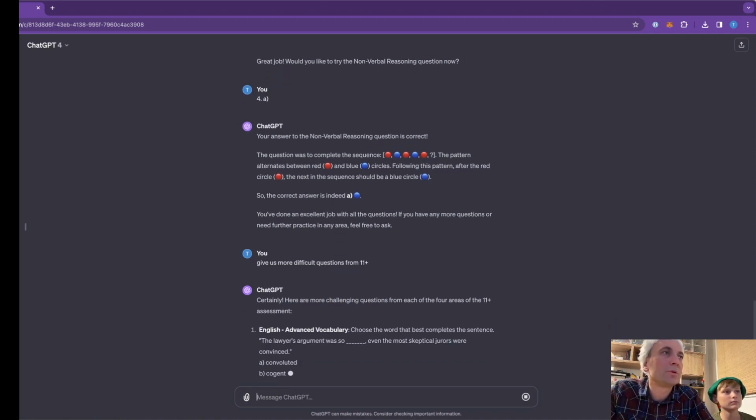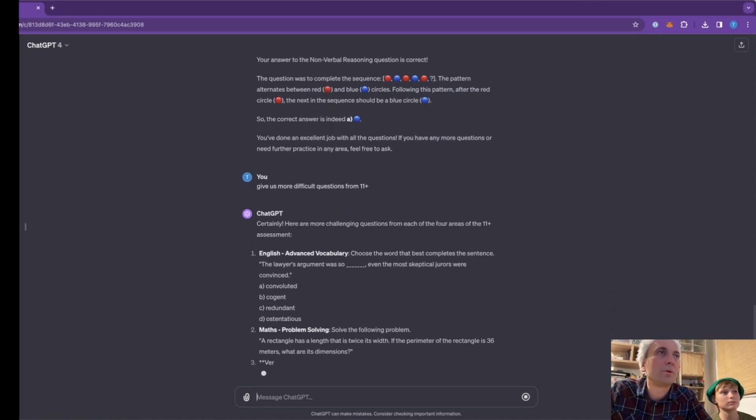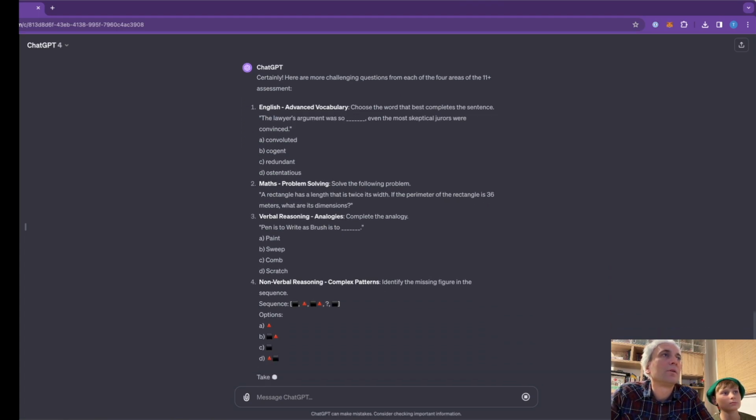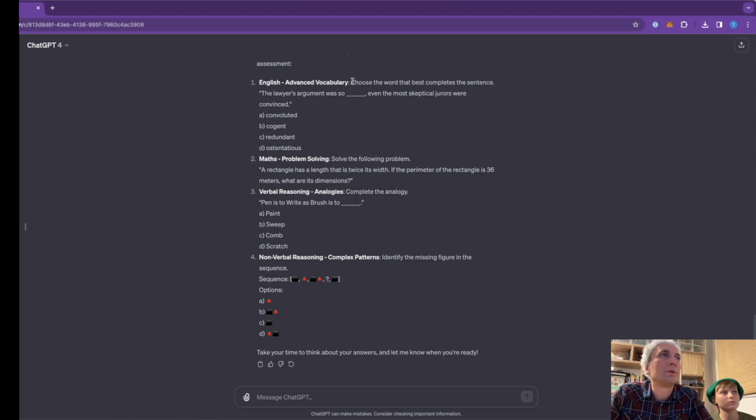Certainly. Here are more challenging questions from each of the 4 areas of the 11 plus assessment. English advanced vocabulary. Choose the word that best completes the sentence. The lawyer's argument was so blah blah. Even the most skeptical jurors were convinced. Which